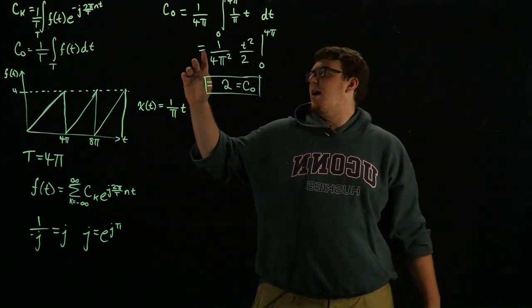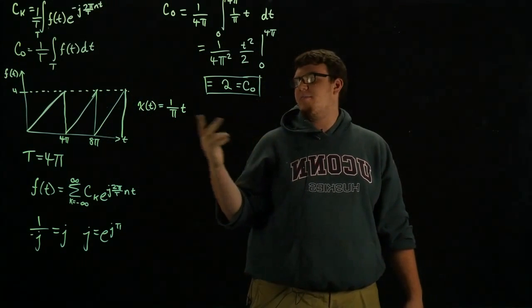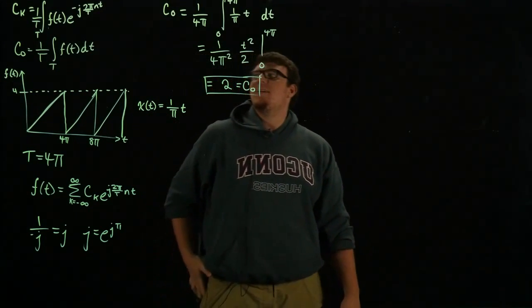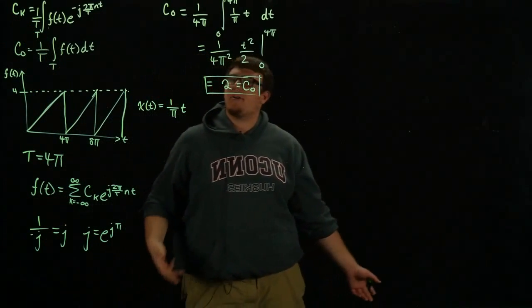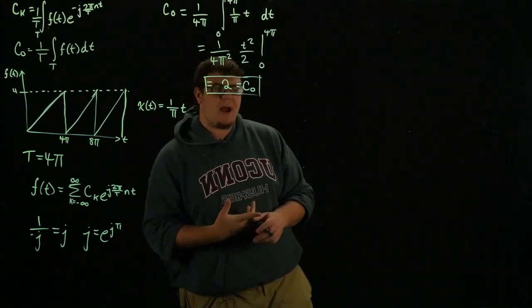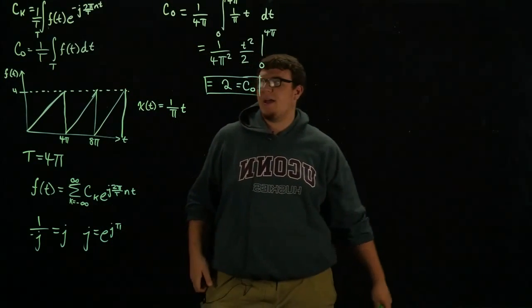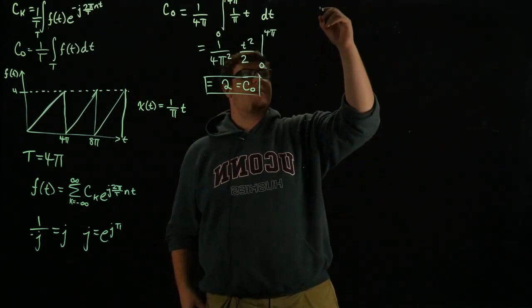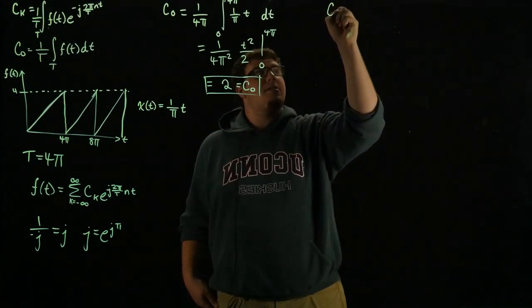Now there's obviously no phase at 0, because this wouldn't make sense if there was phase to your DC. Now we need this guy, which is going to be a complex number. It could be purely imaginary, could be purely real, or it could be complex. So we're going to evaluate this for the rest of the k's as they go from negative infinity to infinity. So c k here